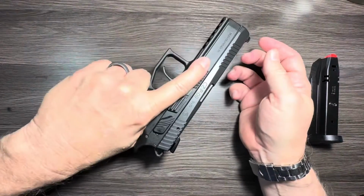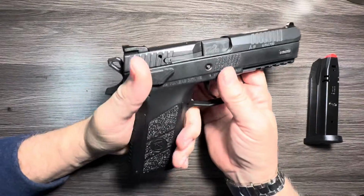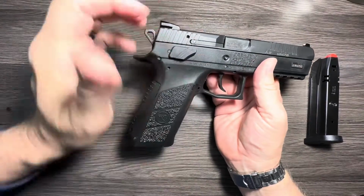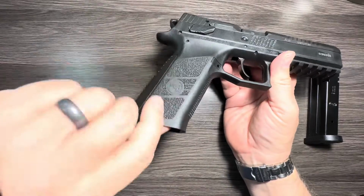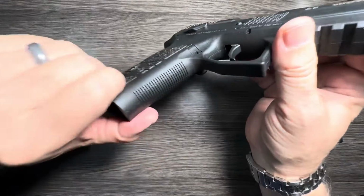Again, I do shoot the P09 very well. I suspect with this longer slide, this guy may be a tech driver for me. We'll take a look at the trigger in a second. Nothing, I think, special, but it's very, very good for me. Stippling on the front there